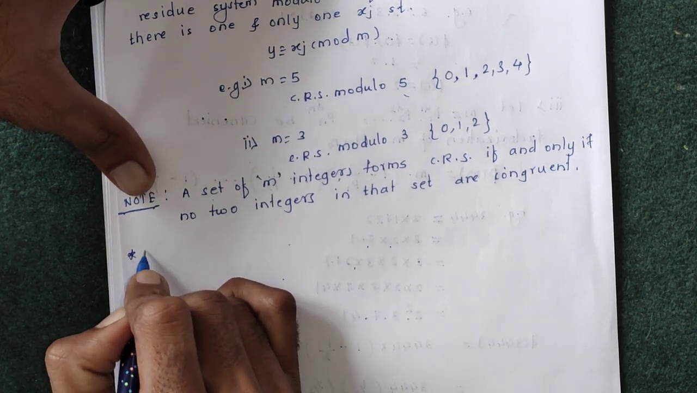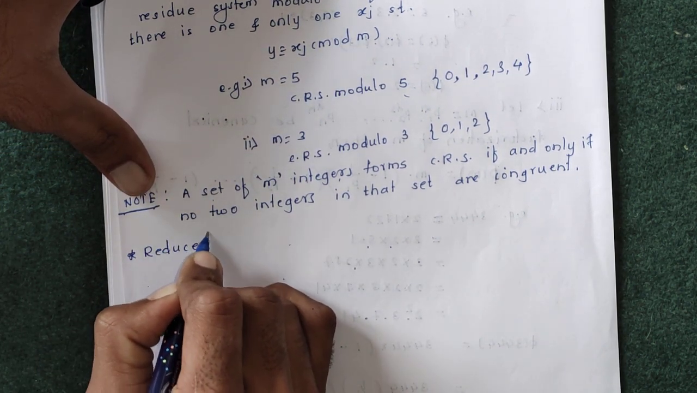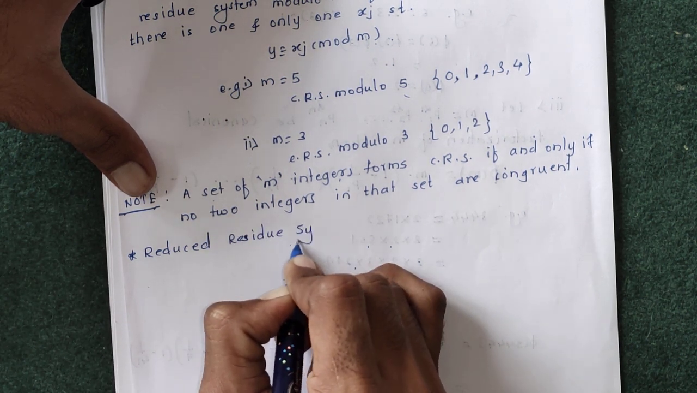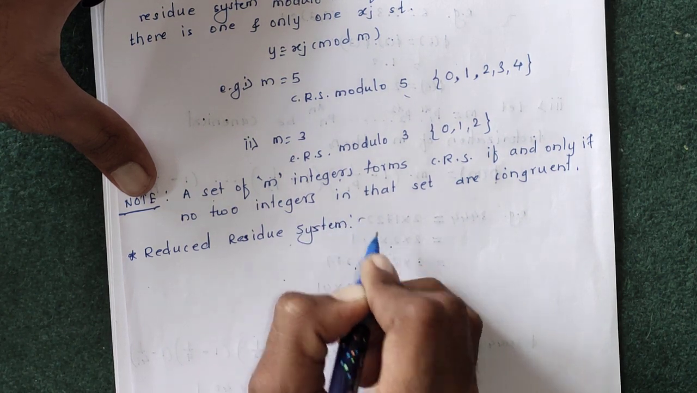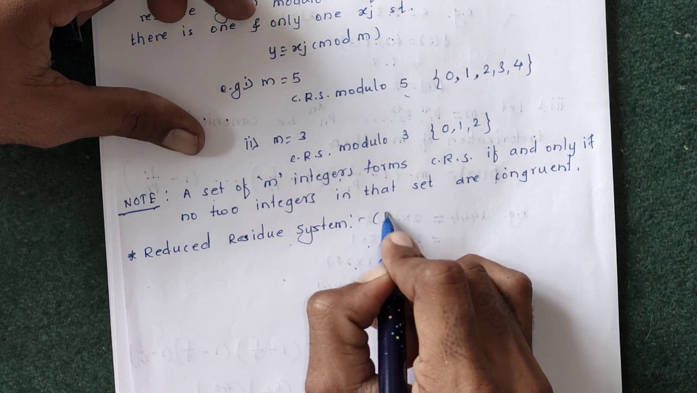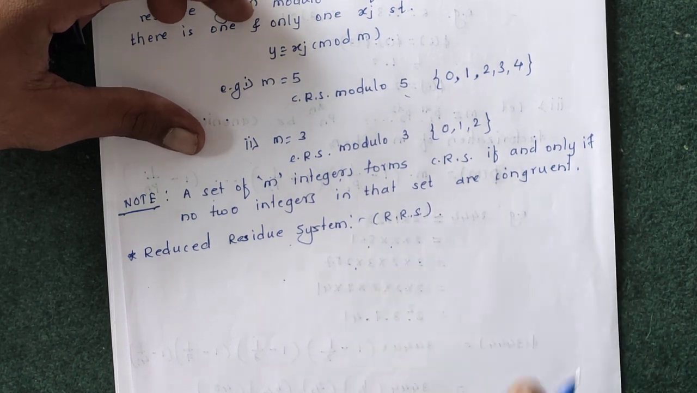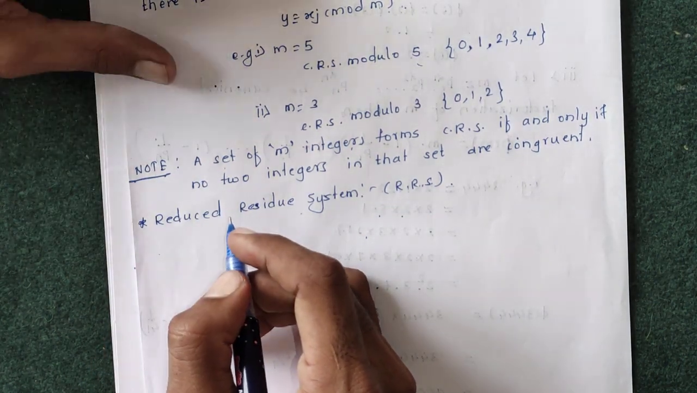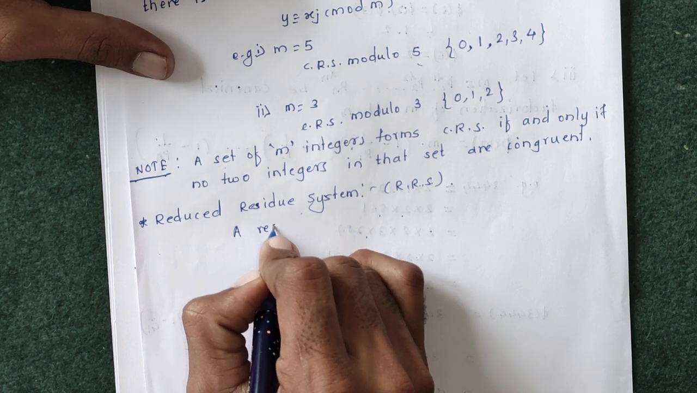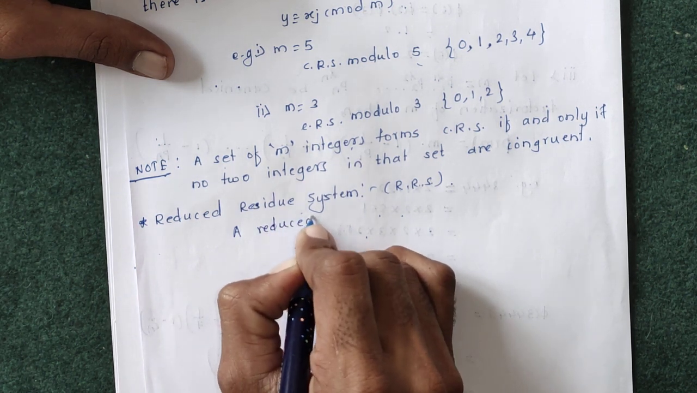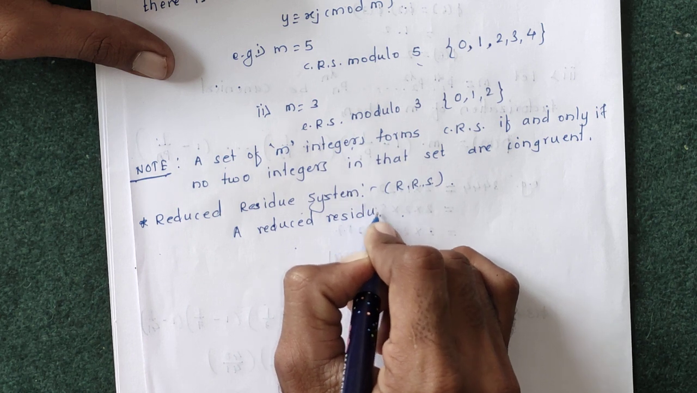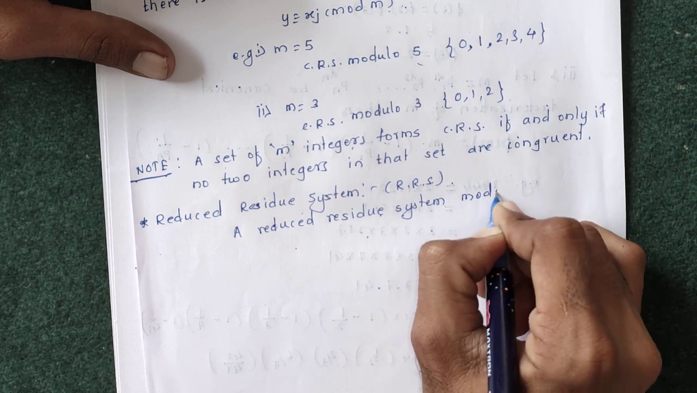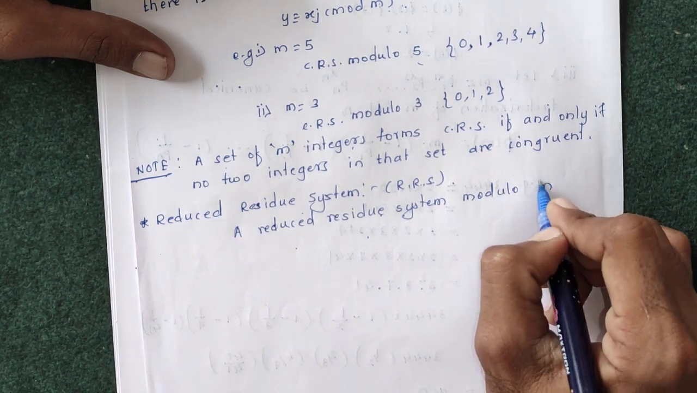The next definition is the reduced residue system. We are going to use the notation R.R.S. The definition is: a reduced residue system modulo m is